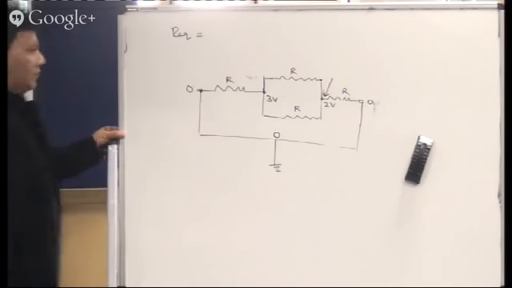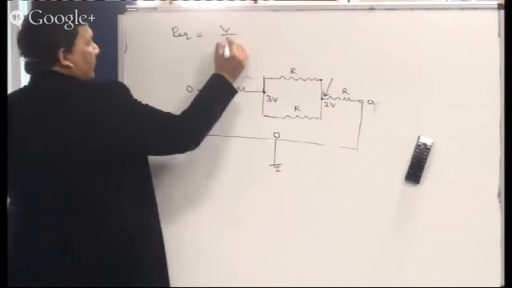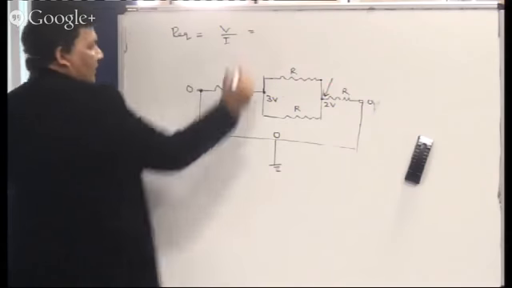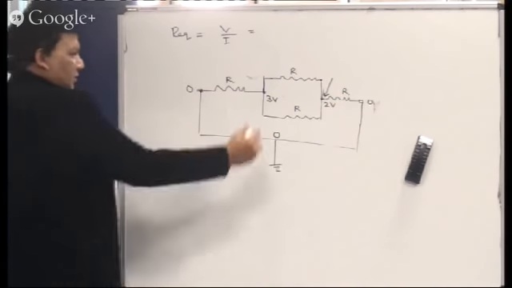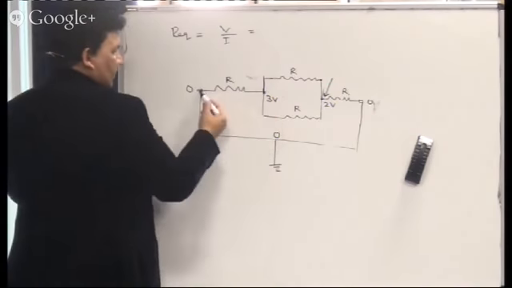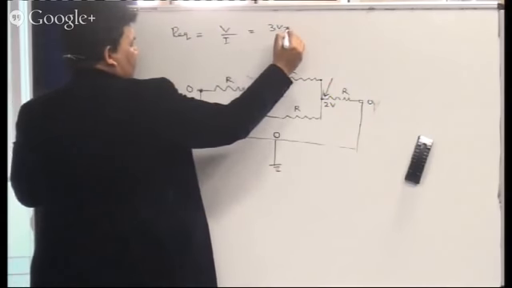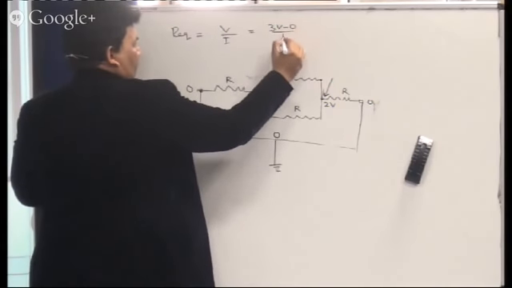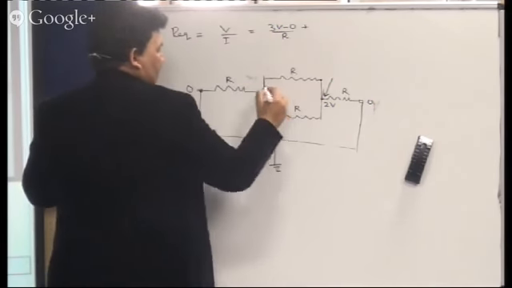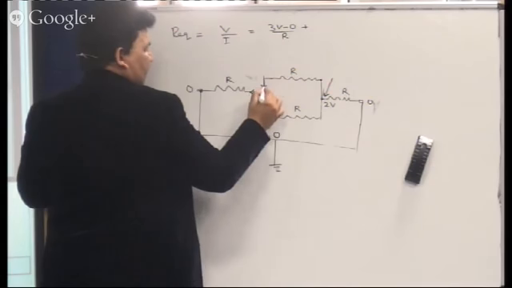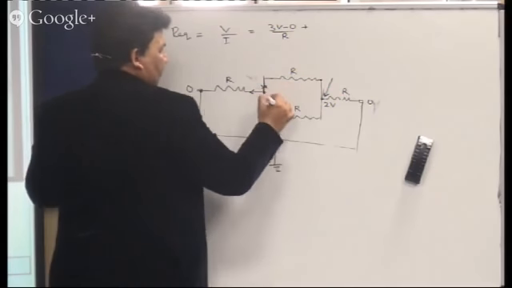What is R equivalent? V by I, right? Now, let me see the potential difference. How much is this? 3V minus 0 upon R, plus, there are three directions in which the current is flowing. You agree? How much will this become? 3V